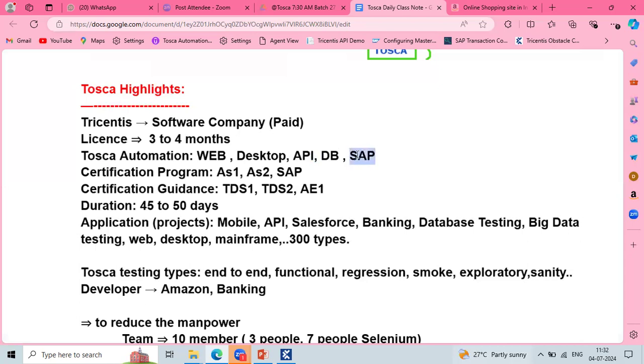In this SAP system, I'll cover the sales and distribution module, and how we test SAP applications, database applications and APIs using Tricentis Tosca. This is not a separate API testing session, so I'll cover up to how much is required for automation. Got my point, Banu? Yeah, got it.